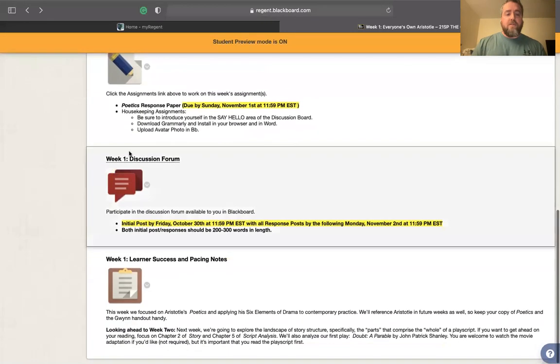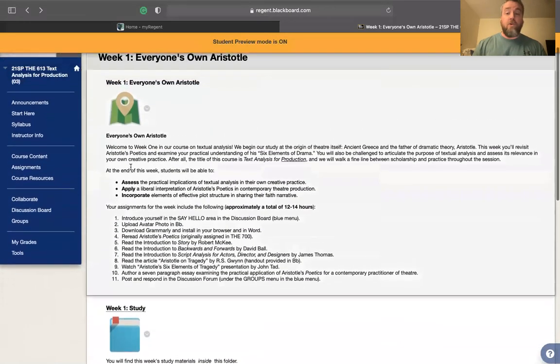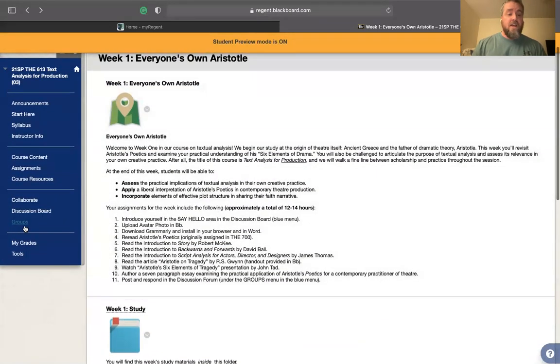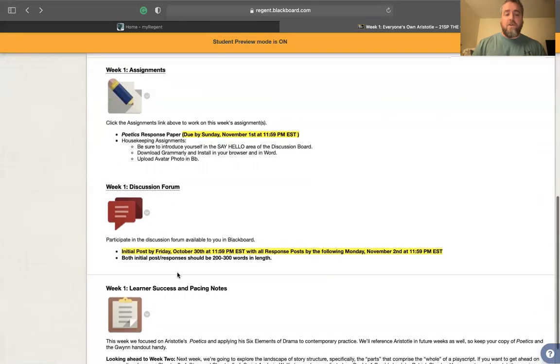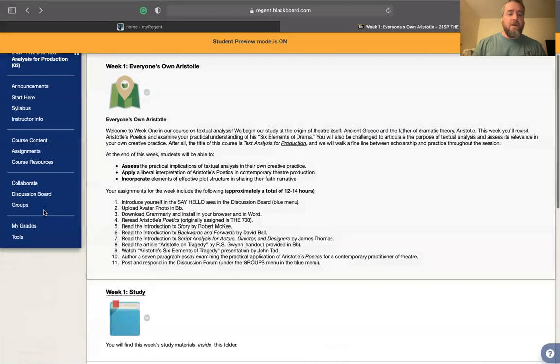One of the reasons why I'm bringing this up, this is very important that you understand that you can get to the group discussion board here. You can also get to the group discussion board here. It might be easier to just follow the link that's in your week study folder, but you can also go through the back door and do that here.